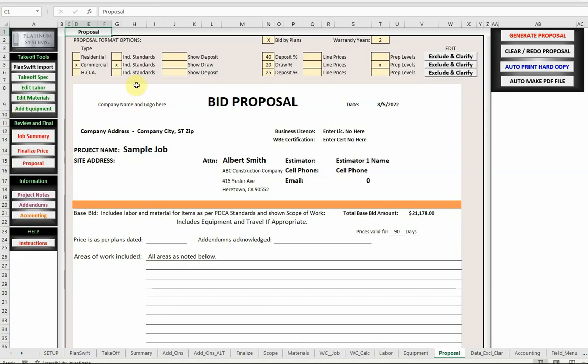Now in here, we have the ability to designate what type of proposal format you want. This is to a commercial contractor. We do want the industry standards to show up. More on that on the training video. Do you want to ask for a material draw? Usually not. If so, what percent? Do you want to give them line item prices? No, we don't. Once this is specified, you just say, I want you to generate that proposal based on those selections,